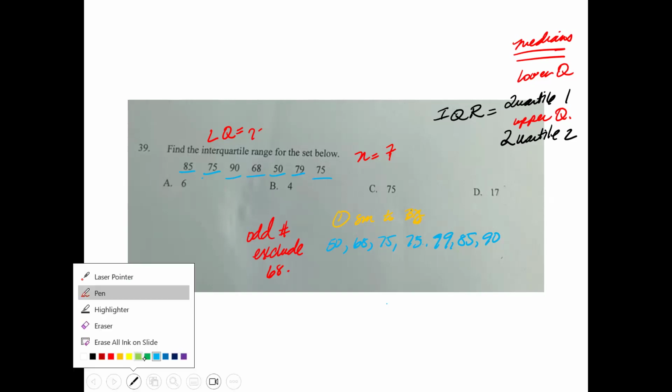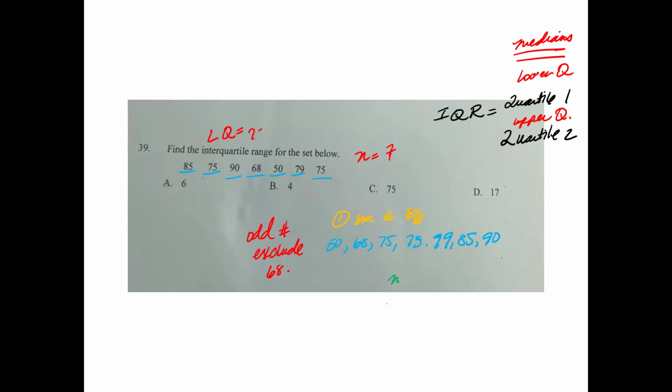Okay. Now what's your middle number here? Median is your middle number. We're going to go ahead and exclude it. Does that make sense? So what that means is we're going to use